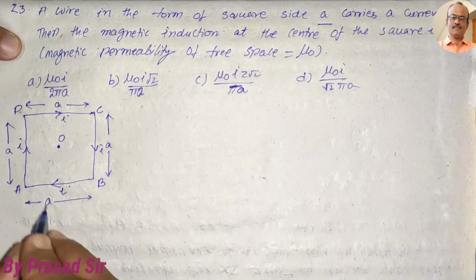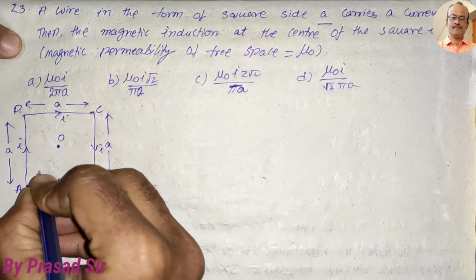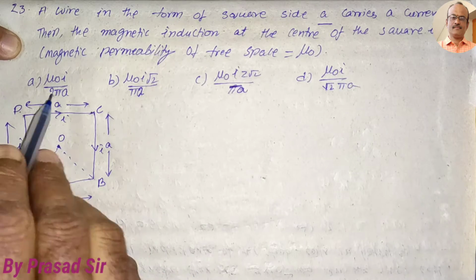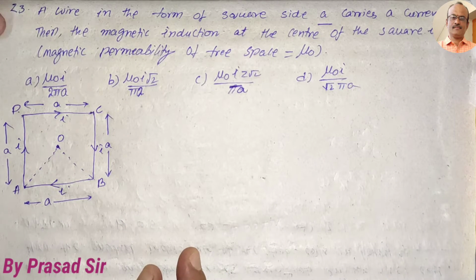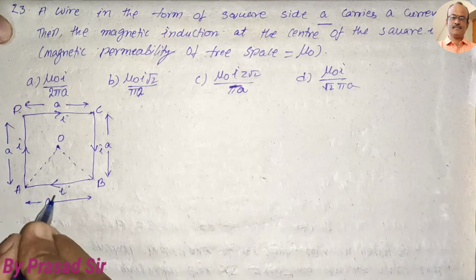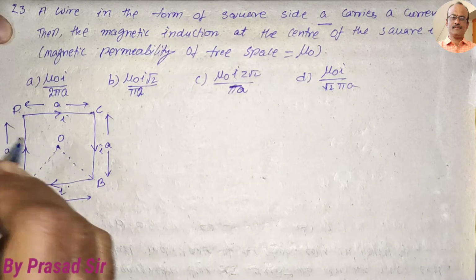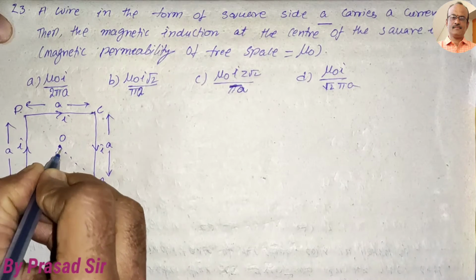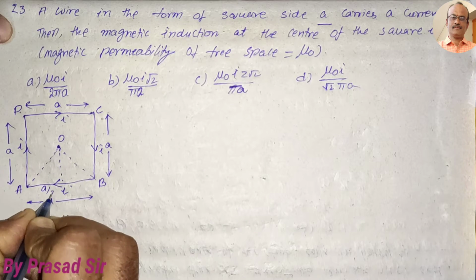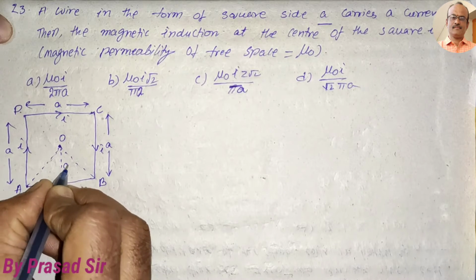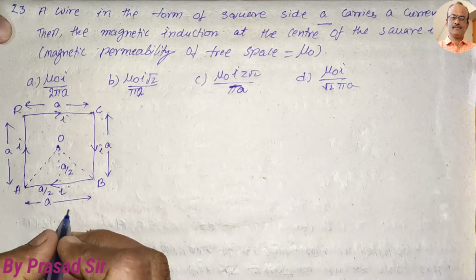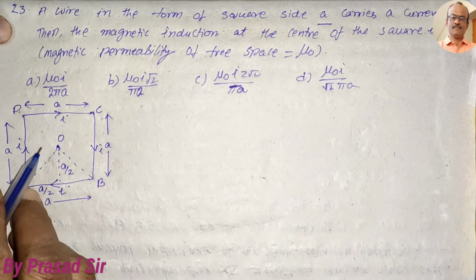So to calculate that, at the center of the wire, we will take it like this. That means the magnetic field of induction at the center of the square is from all the sides, not only one side. First of all we will calculate for one side, then afterwards it should be multiplied by all the four sides. So here this whole side is A, so this one is A by 2 and this is also A by 2. Which one do we want to calculate here? Magnetic field of induction at the center of the square.